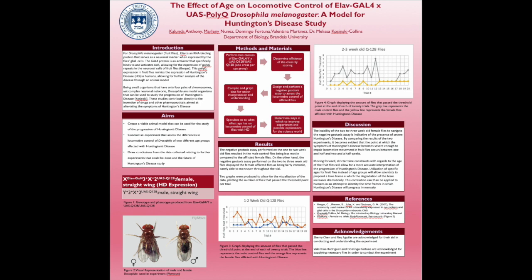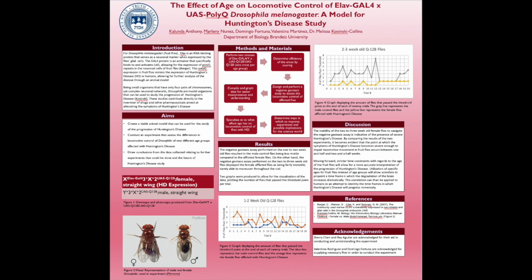The goals of this experiment include creating a viable model to study Huntington's through the successful crosses of 2 types of fruit flies, to conduct a negative geotaxis assay to assess the differences in locomotive control of flies of different ages, and to draw conclusions from that collected data that provide new insights into how experiments like these could be